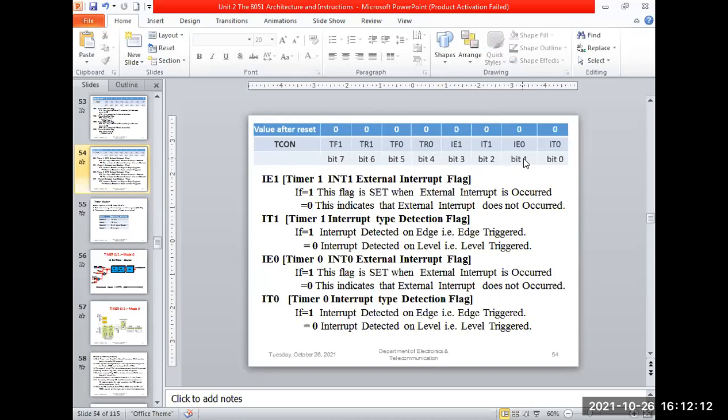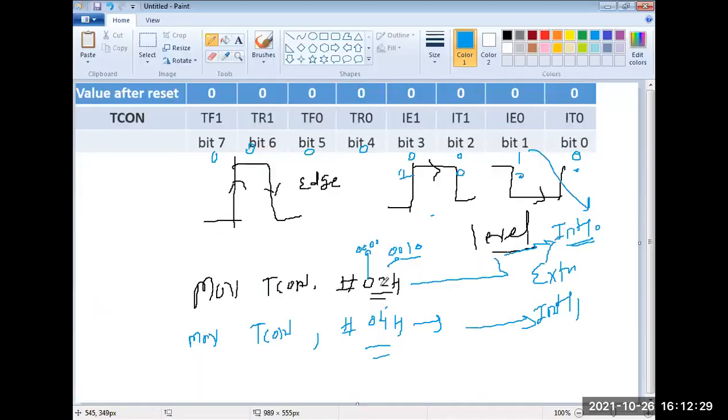Did you understand this? What I told you now, we have seen the lower 4 bits. A little bit of that is important. Just understand the meaning of the bits. How to use this, I showed here by using this instruction how to configure that bit and how to enable.